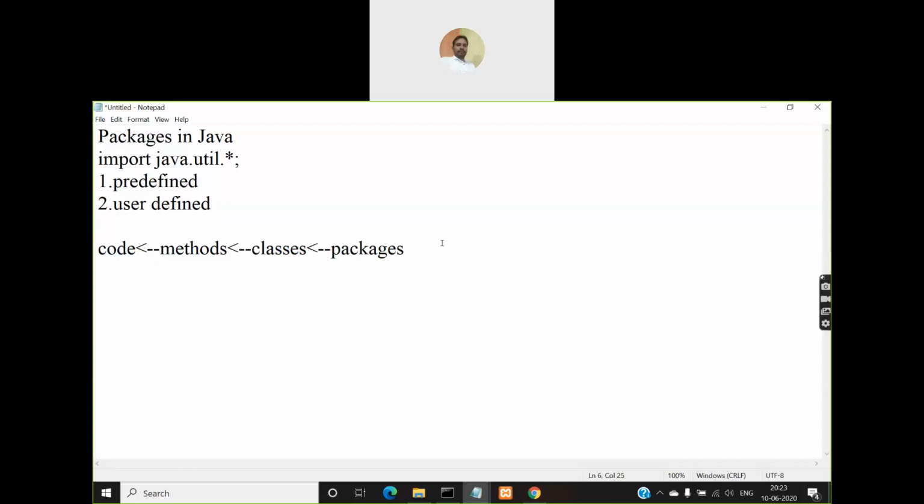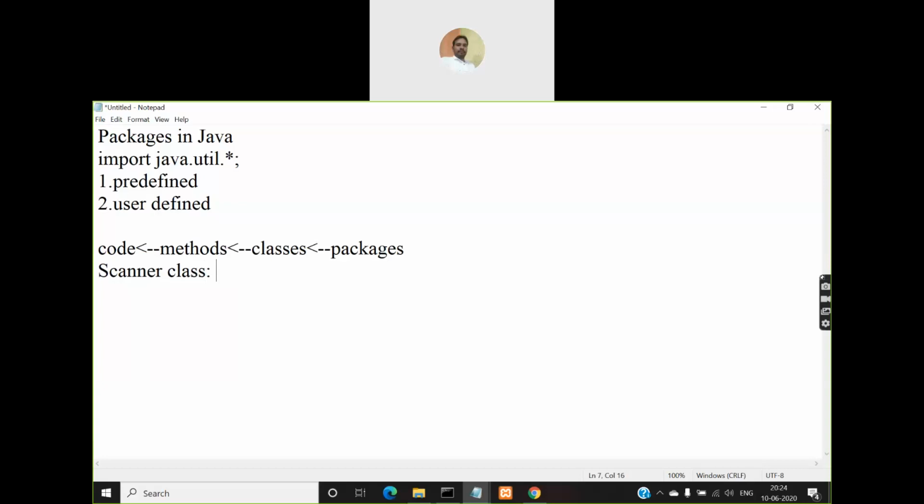In our example program that I mentioned earlier, we were using scanner class, which is a predefined class. Just like you have user defined classes and user defined methods, you'll also have predefined classes and methods. So what is this predefined class scanner containing? It contains some methods which start with the word next, using which you can read input from the keyboard.